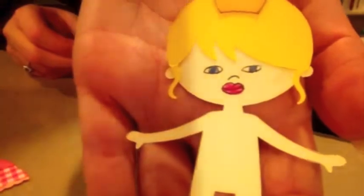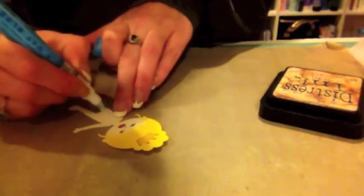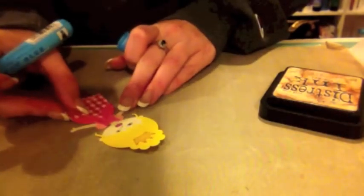So there's the princess's face, and now we are going to dress her. And just put some glue on her and then stick the dress on. So there's the princess. Now, for the background, since I know that I wanted to stick with the colors of